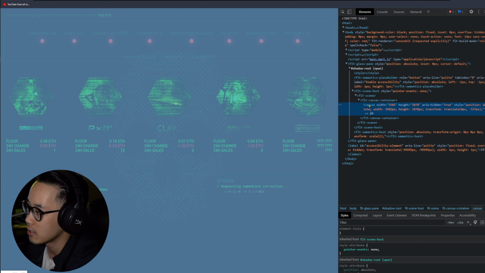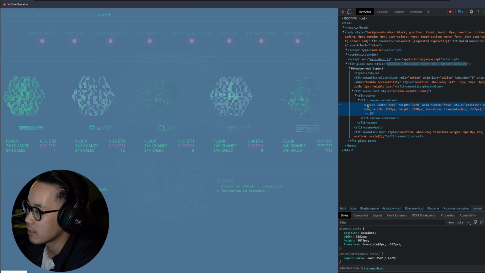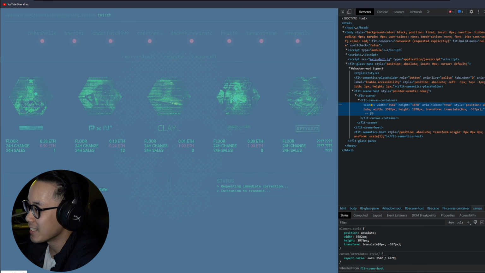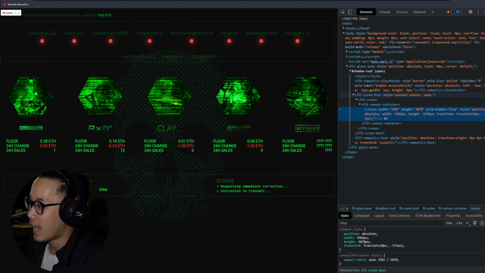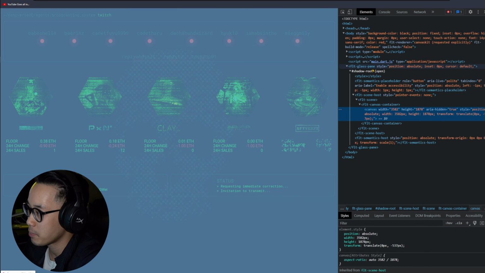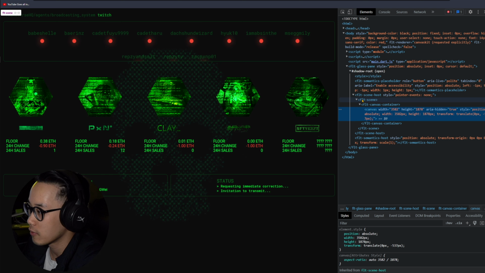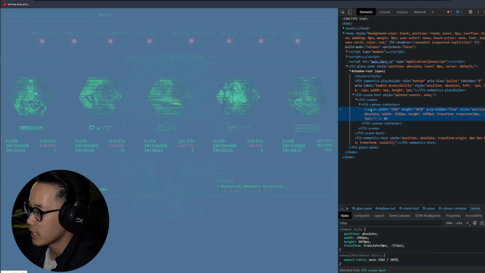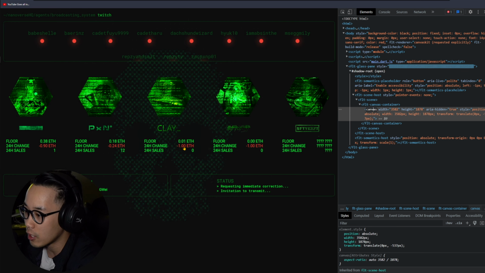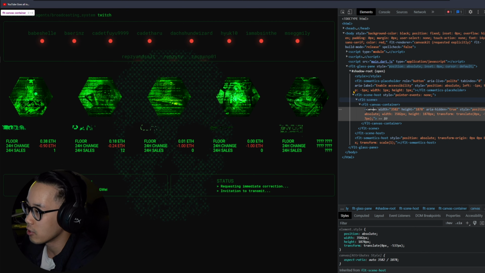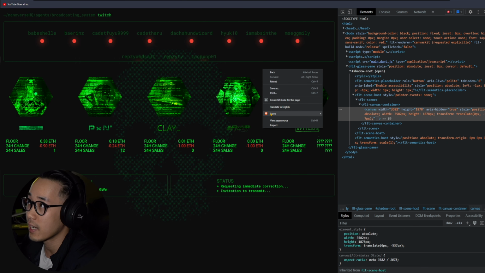Look at this. I can't click on it. This is the end. There's no more to it. Can you actually read that? Here, I have the Flutter glass pane, Flutter scene host, Flutter scene, Flutter canvas container, and then I have the canvas. And there's no data. There's nothing which says floor or floor change. I don't know. So let's go here, right click again, and try to check the data on view page